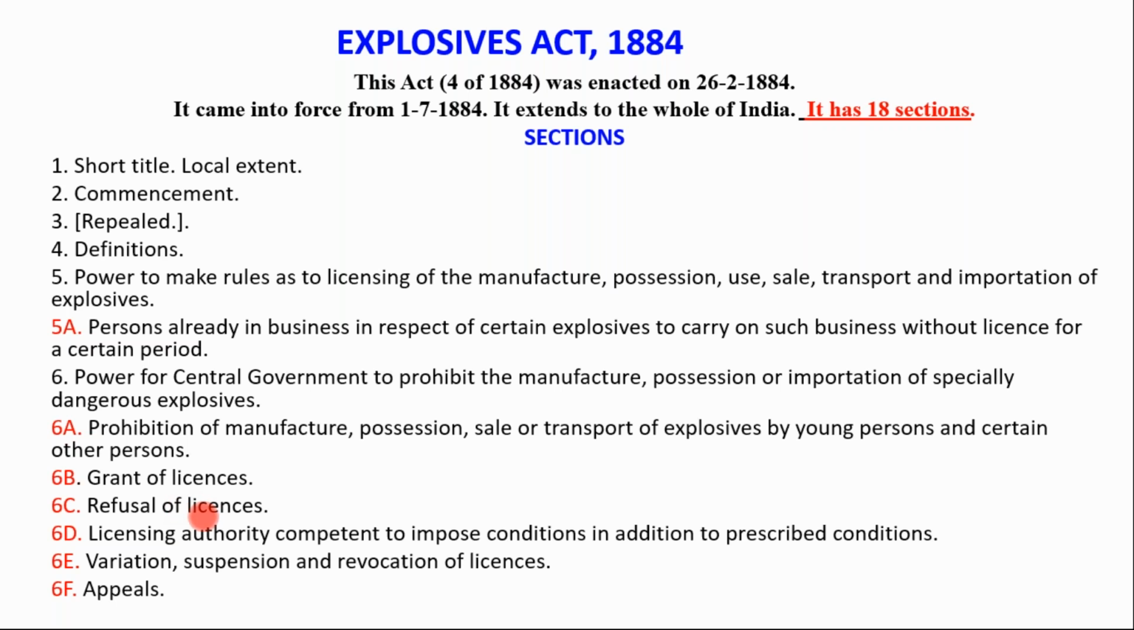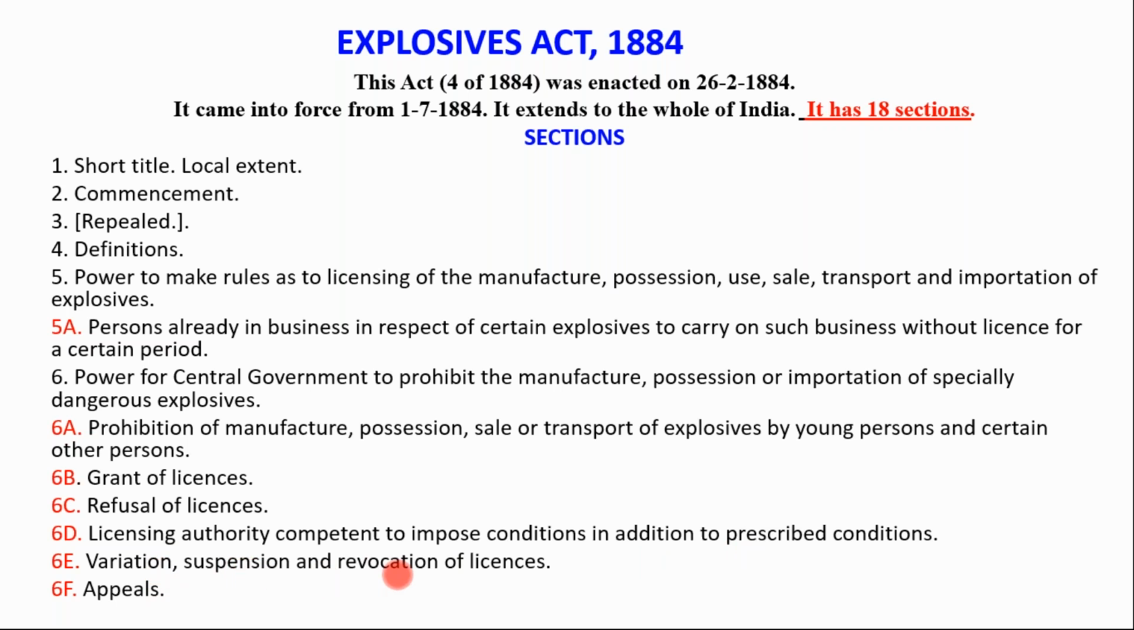Then 6D, licensing authority competent to impose conditions in addition to prescribed conditions. So there are some specific conditions, some exceptional cases, mentioned in 6D other than the minimum requirement for the license. Then 6E,